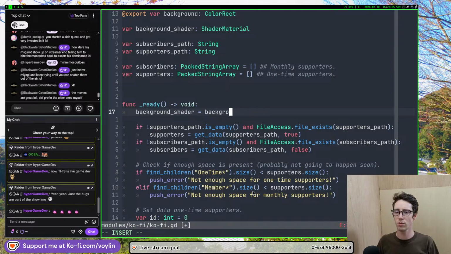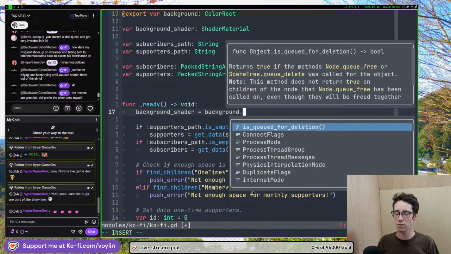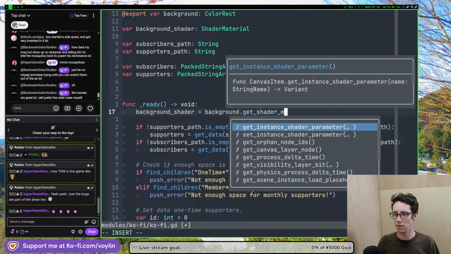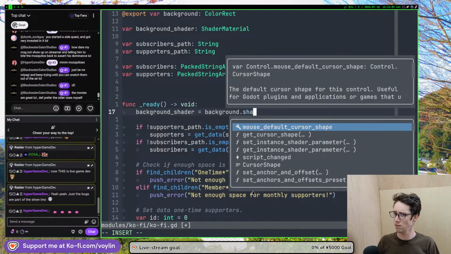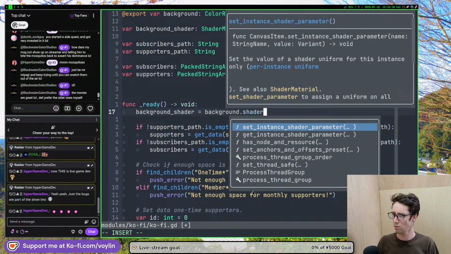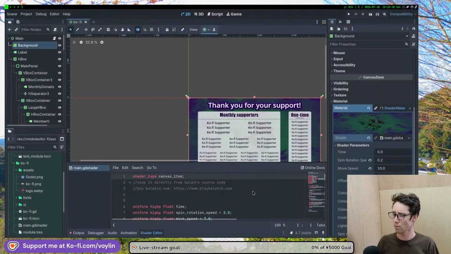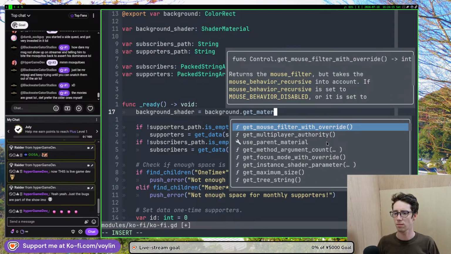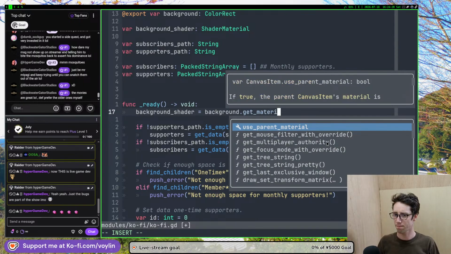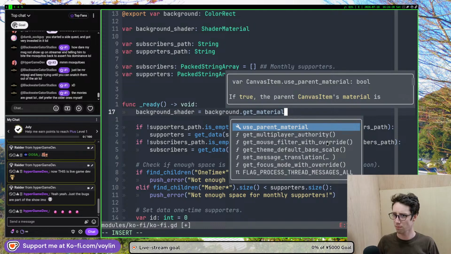Background shader equals background dot get shader. Wait a minute. Shader. Get material. The parent's canvas. Is this the one that I need? How do I get